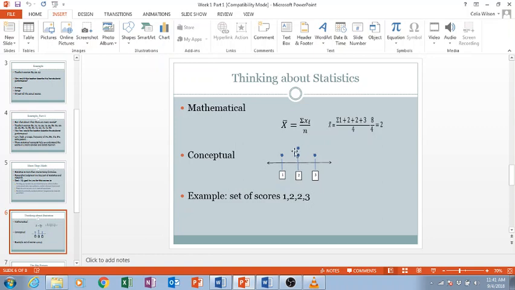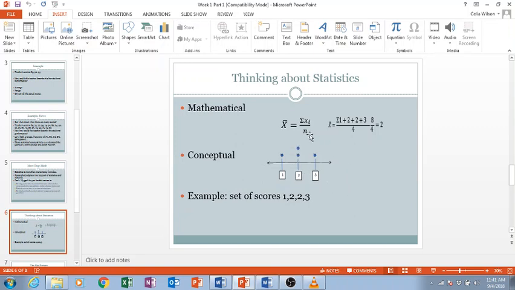So if we had the fulcrum here, you can think of this as a kid, even. You could think of this as a child and this as a child, and they're about equally balanced. So if they're sitting on this seesaw, that board's going to stay pretty flat. And as far as the mean being the balance point of the distribution, then 2 would be that balance point.